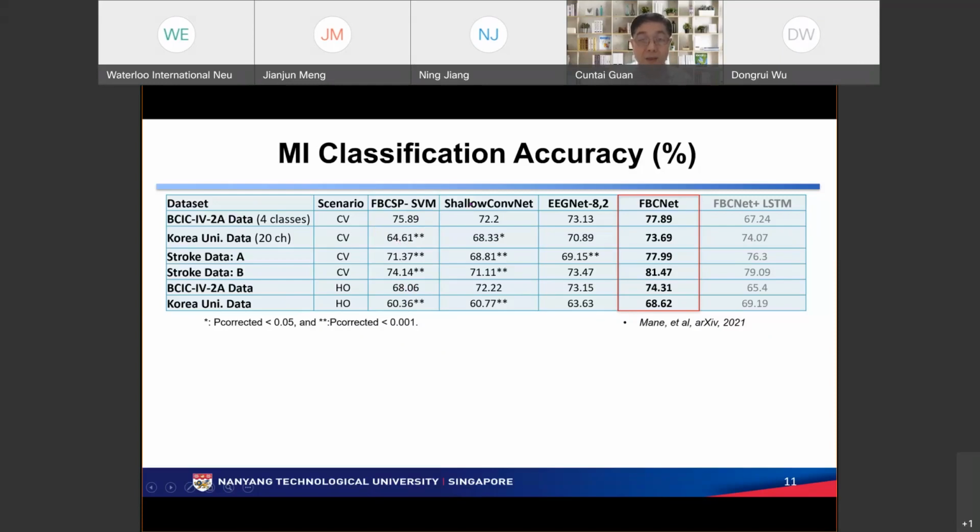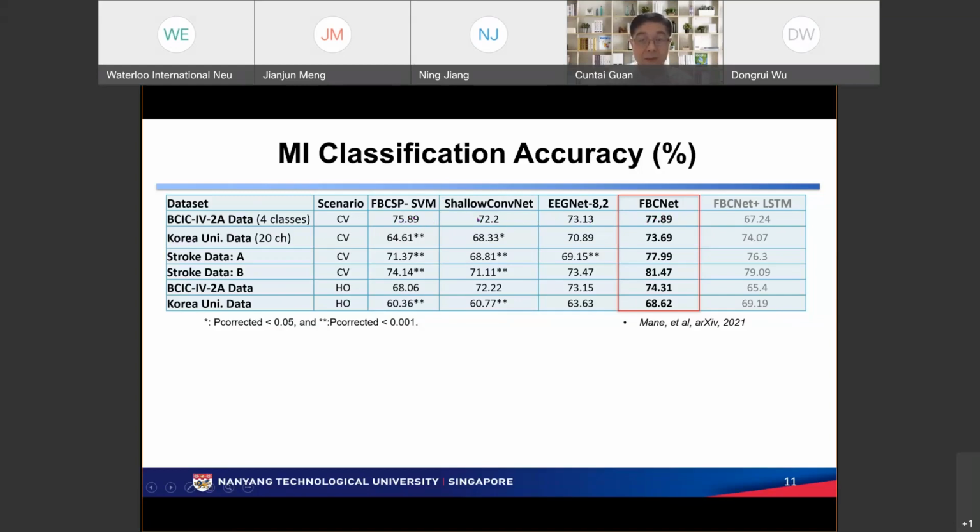Now look at the ShallowNet and EEGNet. For the competition data, they don't perform even better than the FBCSP, but close, only 2-3%. If you look at accuracy, they are not far off from the FBCSP traditional approach. The FBCNet, of course, is 2% better than the FBCSP. If you look at the average, the difference sounds not so drastic. Later, I will show you the details. Then you'll see some interesting observations from the performance.